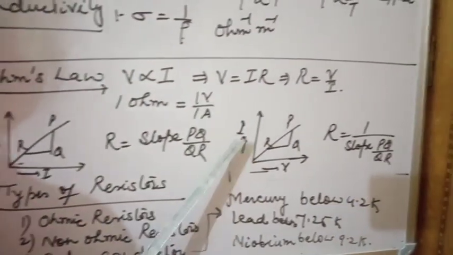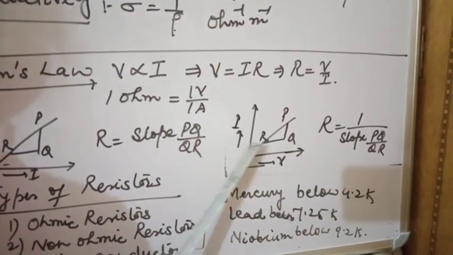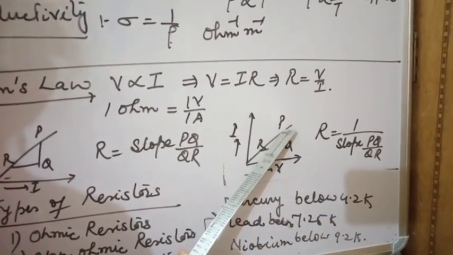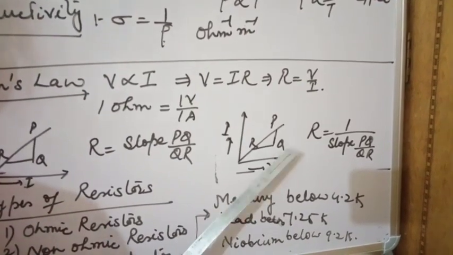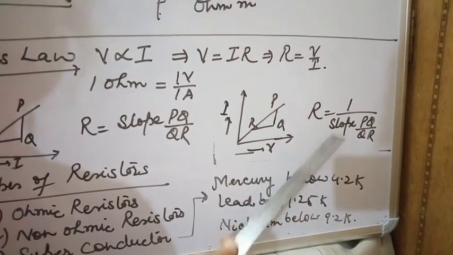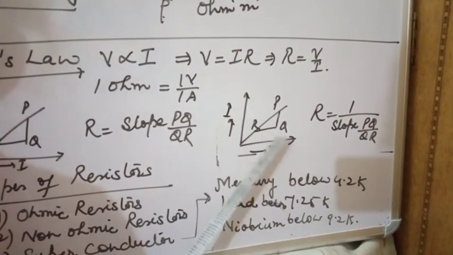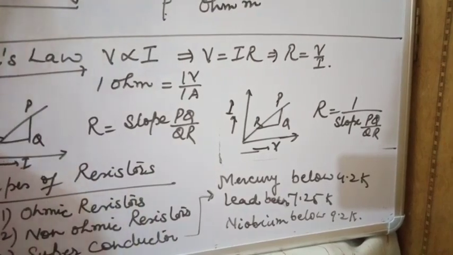By chance, graph I versus V. Again, that will be a straight line, no doubt. But how can we find out the resistance? We have to reverse the slope, because now the perpendicular will give the value of I and the base will give the value of V. But the formula is V upon I, not I upon V. So that's why here we will reverse the slope. Remember this, in an IV graph, reverse the slope to find out the resistance.